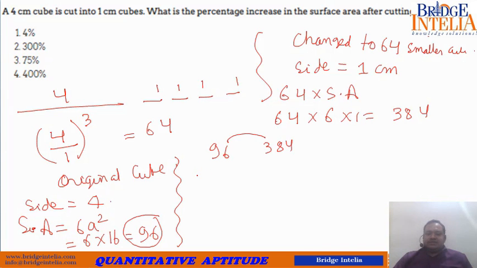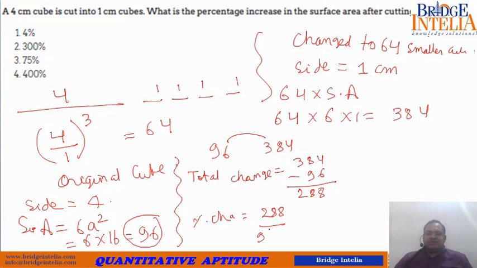What is the total change? 384 minus 96 comes out to be 288. Now for percentage change, 288 is what percent of 96? 96 threes are 288, so 300%. So a change of 300% can be noticed in this